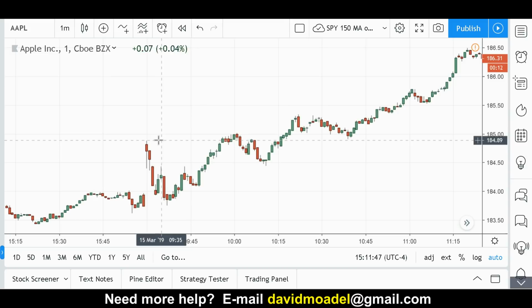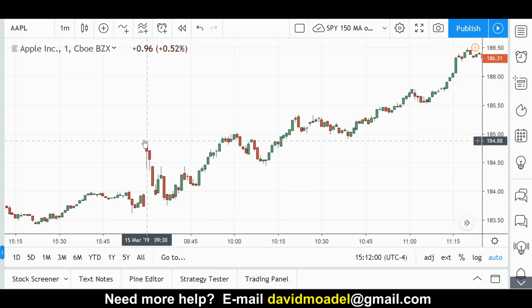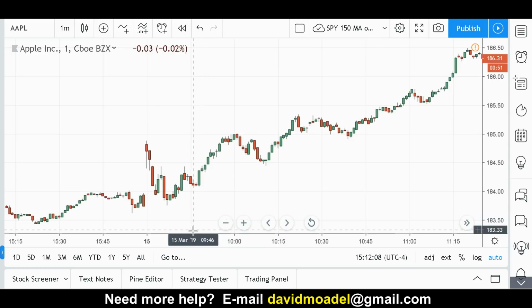Those count as well. So you're going to decide what is the high of the first 15 minutes of the trading day and what is the low, again, including the wicks or shadows. And so you've got the high over here. You can even draw the lines on your chart if you want to. You can draw parallel lines like the high and the low of the first 15 minutes.